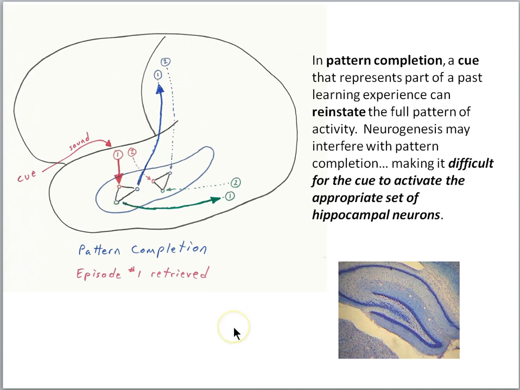So in summary, Akers and colleagues have shown, using a variety of techniques, strong evidence that neurogenesis is interfering with memory traces in the hippocampus. It's inducing forgetting. And when you increase neurogenesis, you can increase the forgetting. When you block neurogenesis, you can reduce the forgetting.